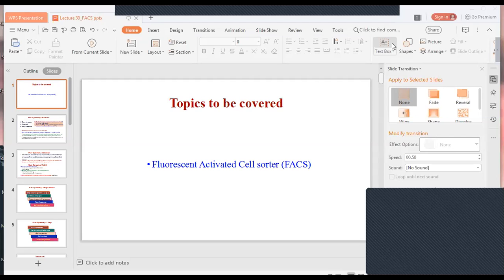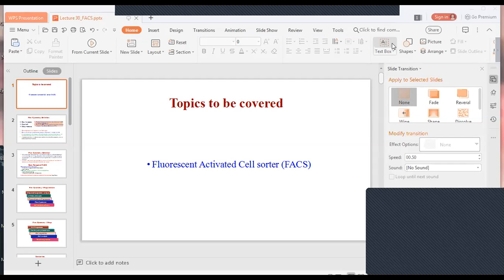Now I am going to discuss the topic fluorescence activated cell sorter, that is FACS. So FACS is a technique that can be applied in different fields of biological sciences,